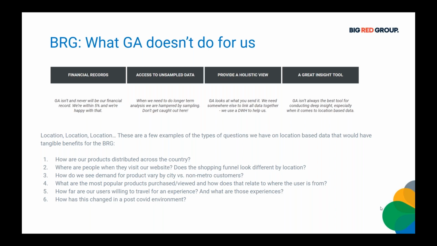Like, what's our next? Where do we go next? Where are we missing stuff? Where are people searching for things that we don't have supply for? Next one is kind of where people are when they visit our website, and does the shopping funnel look different